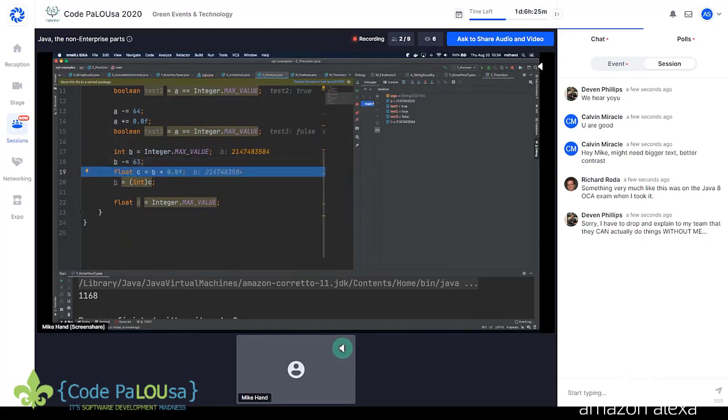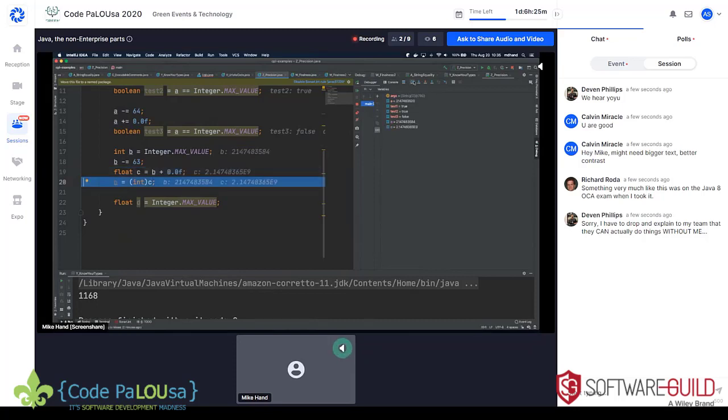Okay, there we go. Now here's what happens when you use the compound operator in Java. The plus equals is actually going to take the value on the left plus the value on the right, and it's going to get the type of the wider value. So in this case, that's going to end up being a float. And then it's going to say, but you started as an int, and you have to end as an int. So I need to cast that float back to an int so that I can reassign it to b. And when that happens, we're going to lose precision.